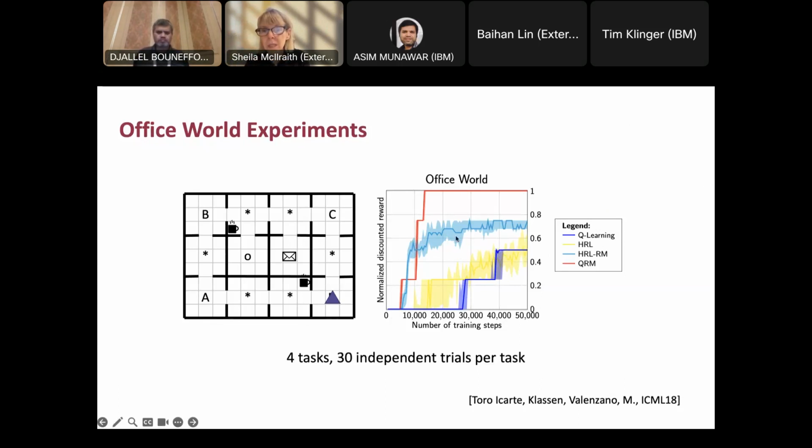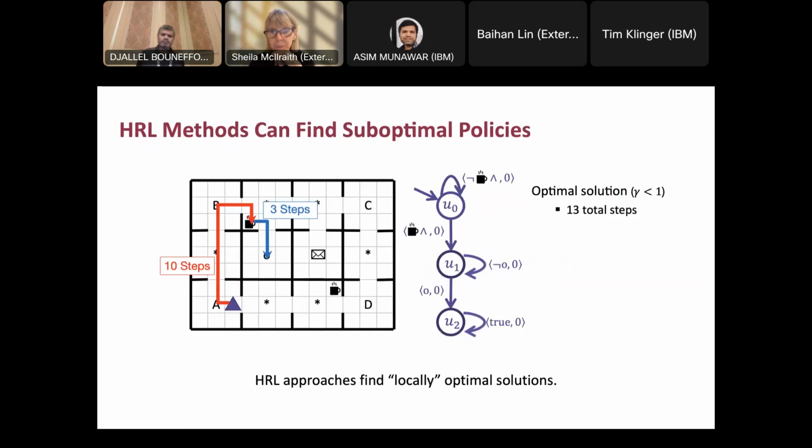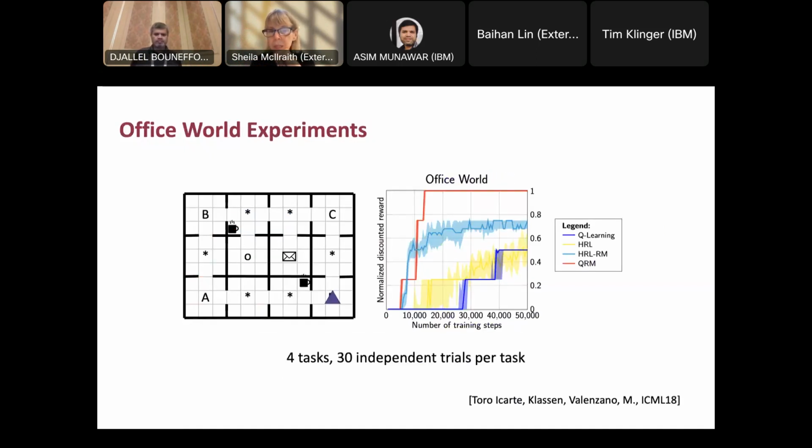In the middle, we will see hierarchical. The yellow is hierarchical reinforcement learning, and the turquoise blue is hierarchical reinforcement learning with reward machines, where we actually use the reward machine state to help the microcontroller of the hierarchical reinforcement learning system choose which policy to enact, which skill to use to invoke its solution. The reason it doesn't do as well, even though hierarchical reinforcement learning is actually very good, is because it's myopic in terms of its search.